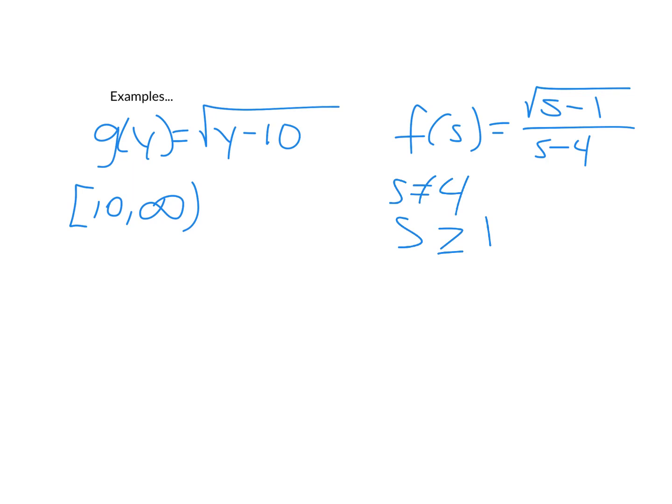So we need to write our interval notation with this in mind. So we're going to have bracket 1, because that's our starting point, comma, but it can't be 4, so I can't go to infinity yet. So I'm going to make that 4, parenthesis, union, 4, comma, infinity. Because this reads as everything bigger than 1, and including 1,